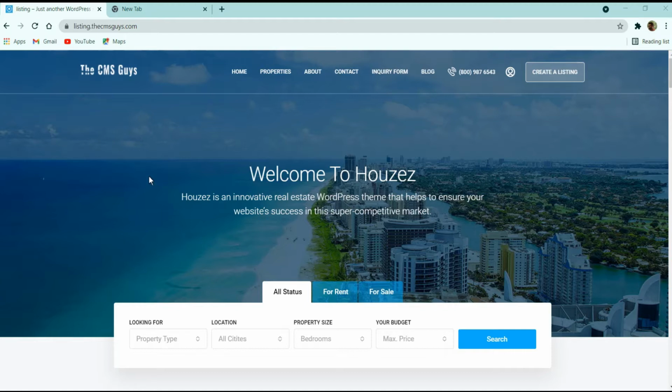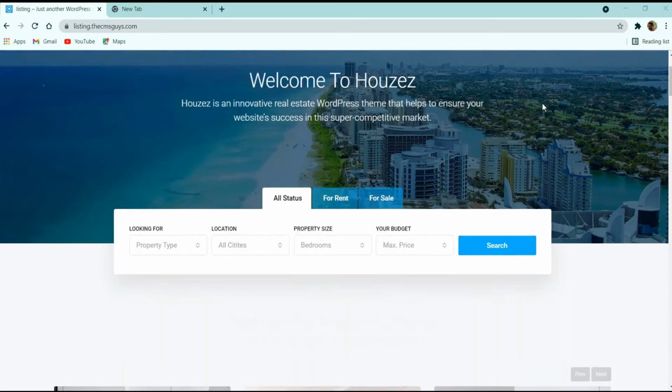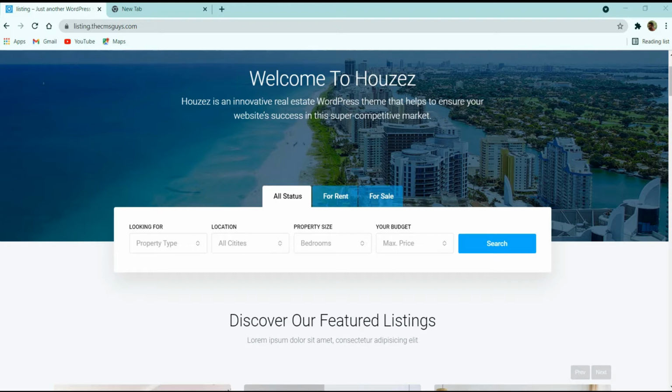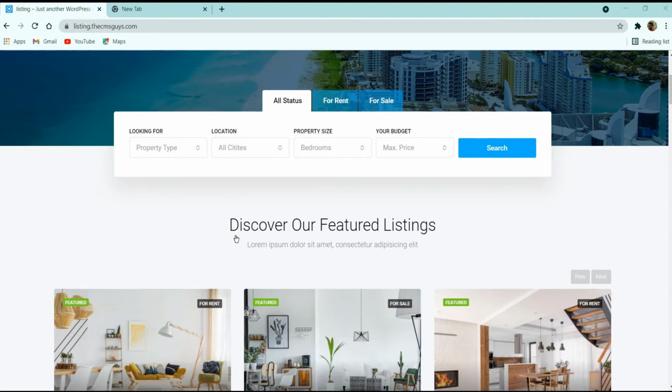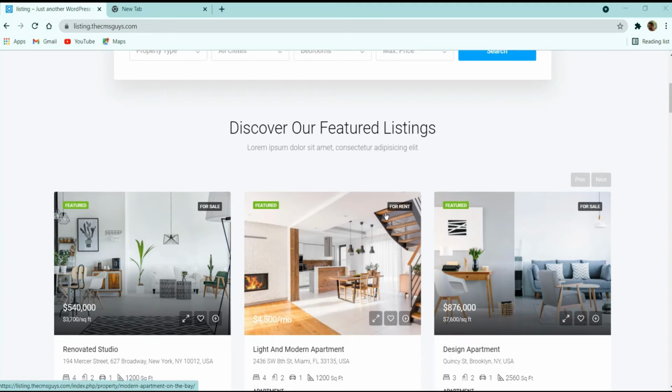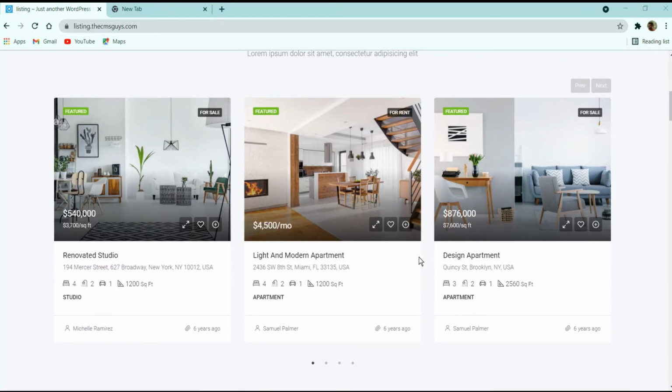On the top we have the company logo, and on the left we have this link to different pages and call to action button to create a listing of property here. Now after that, here we have this banner with the title and description. After that we have this search section for rent and sale of property with search call to action button. Following it, we have this section with title, description and image box in carousel. Each image box has image badges, price and various icons and posted and date of post.